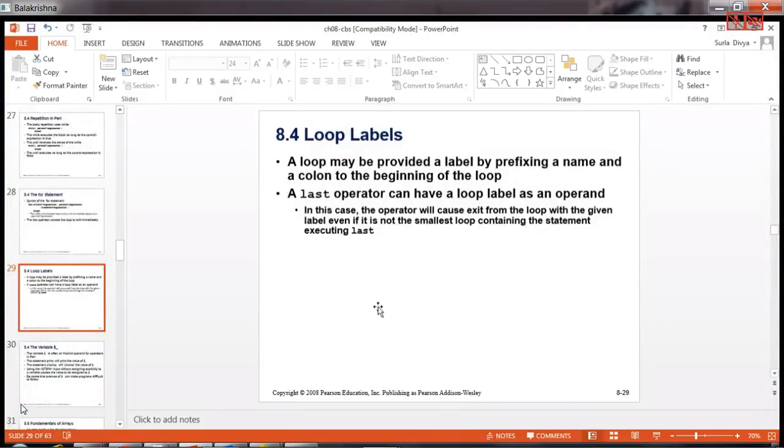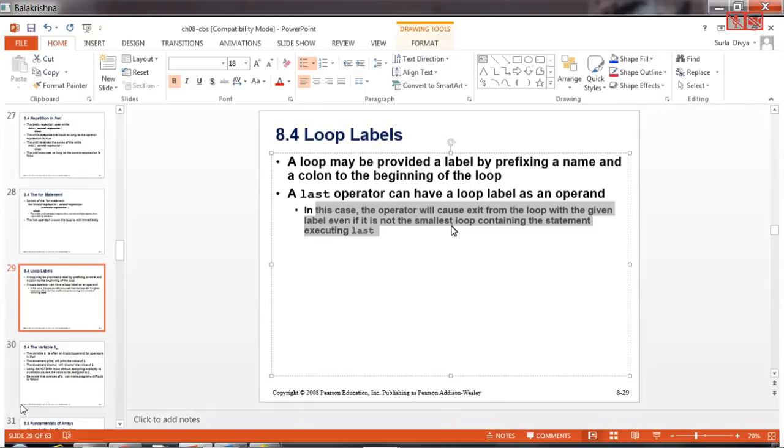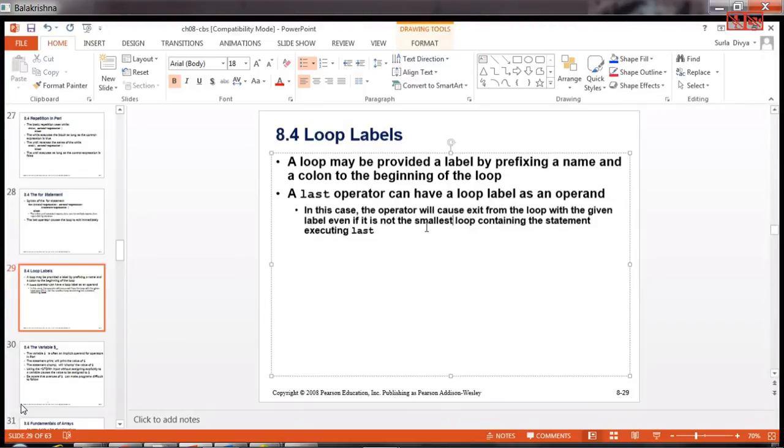So loop labels. A loop may be provided a label by prefixing a name and a colon to the beginning of the loop. So this is something newer you will find in Perl. The last operator can have a loop label as an operand. So what it implies is, let's say in between you are doing some code.